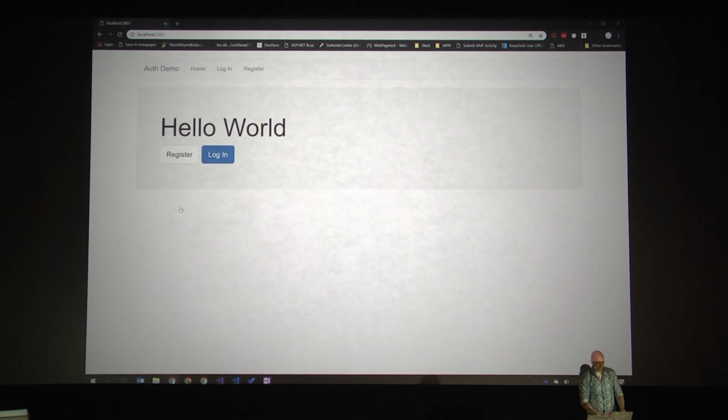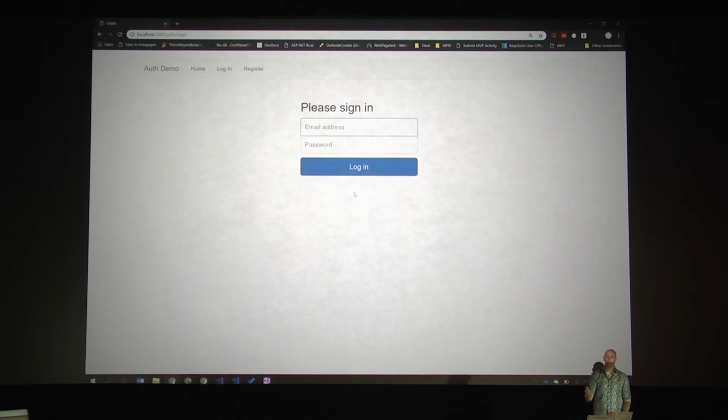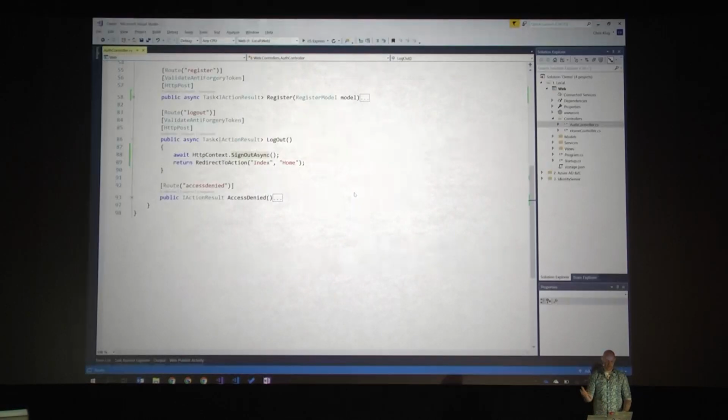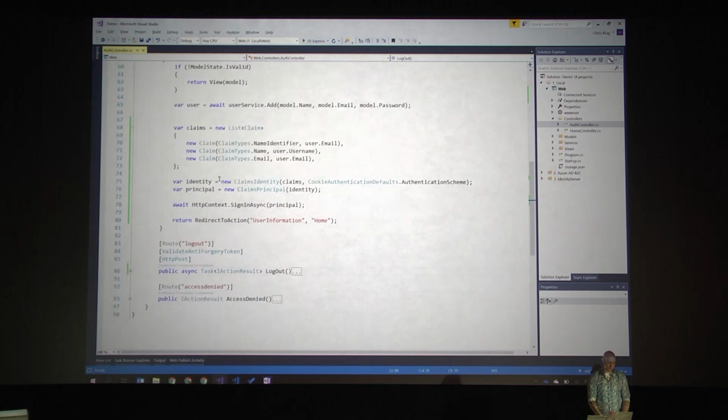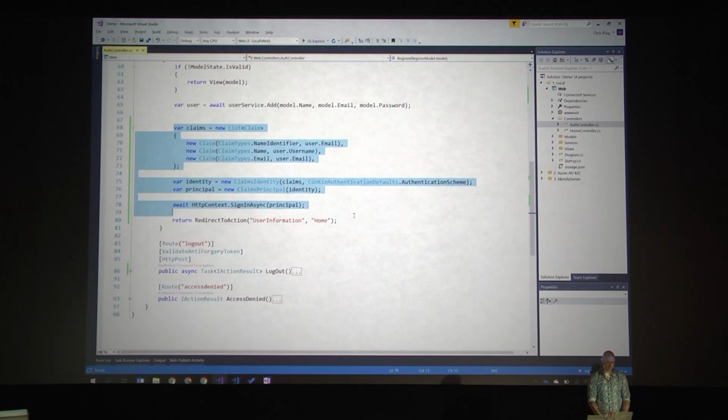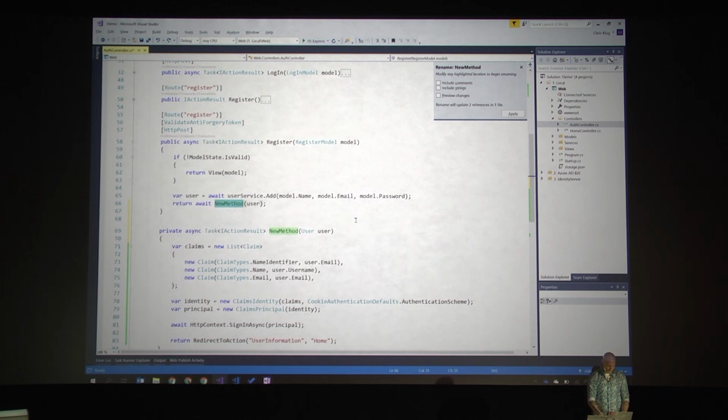Last thing to figure out is signing in. So logging in, I have the form. I don't have an actual implementation for it. So how do I do the actual login instead of just registering? Very, very simple. But due to the fact that a big part of it, this part here, is exactly the same for signing in as for registration, I'm going to go ahead and say extract method, SignInUser,